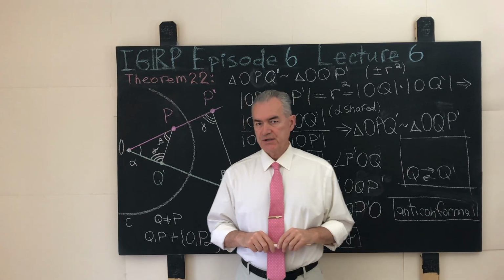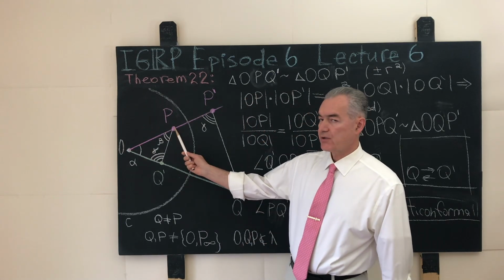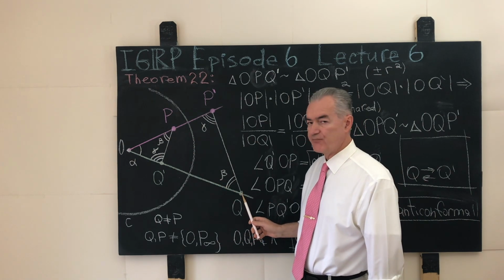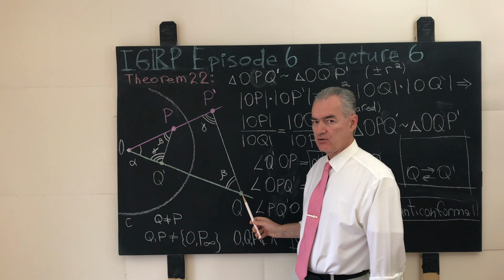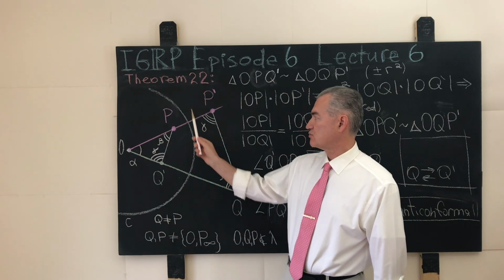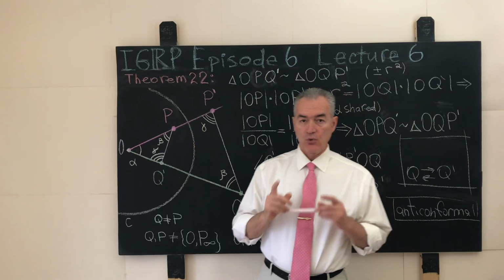In the third case, if the pre-image point P is located strictly inside, while the pre-image point Q is located strictly outside of the circle of inversion, see the white circle of inversion shown over here,